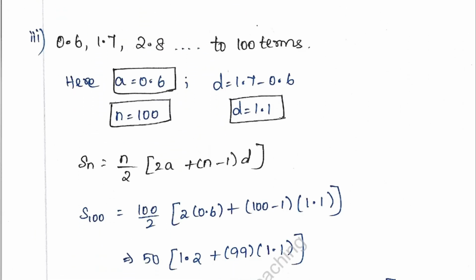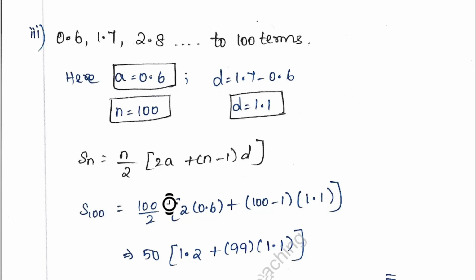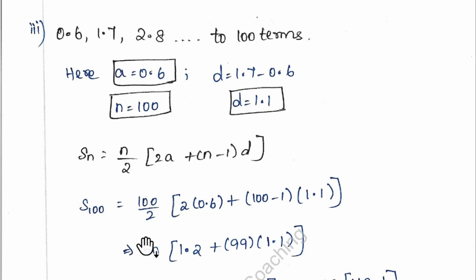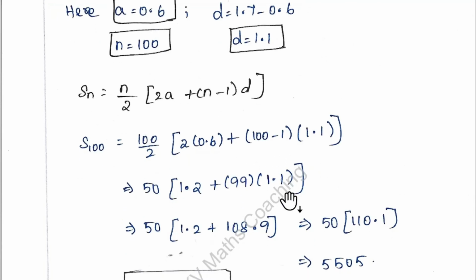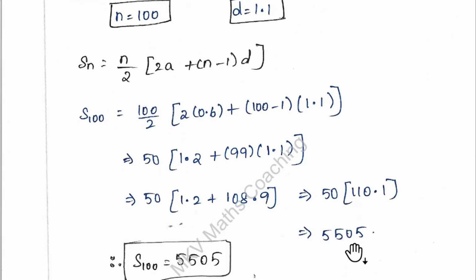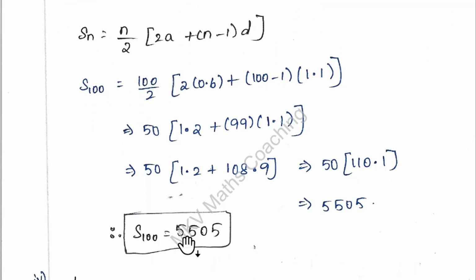For the third question, they have given decimals. Here 100 terms means n is 100, a is 0.6, d is 1.1. The same type, you have to substitute in the Sn formula. S100 equals 100 by 2 into 2 into the a value 0.6, plus n minus 1, which is 99, into d, which is 1.1. Multiply this and this, you will get 108.9, and add this up. If you multiply, I'm getting 5505. The sum of 100 terms is